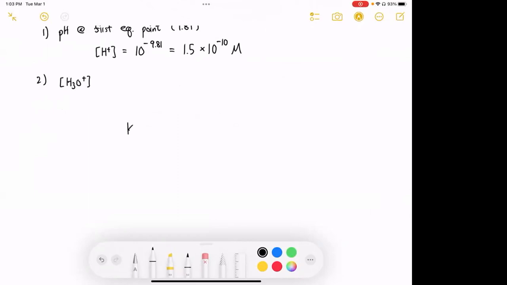So Ka2 equals HCO3 minus over H plus times CO3 2 minus. Okay. So that is that expression. Now, if we solve for H plus, we will get H plus equals